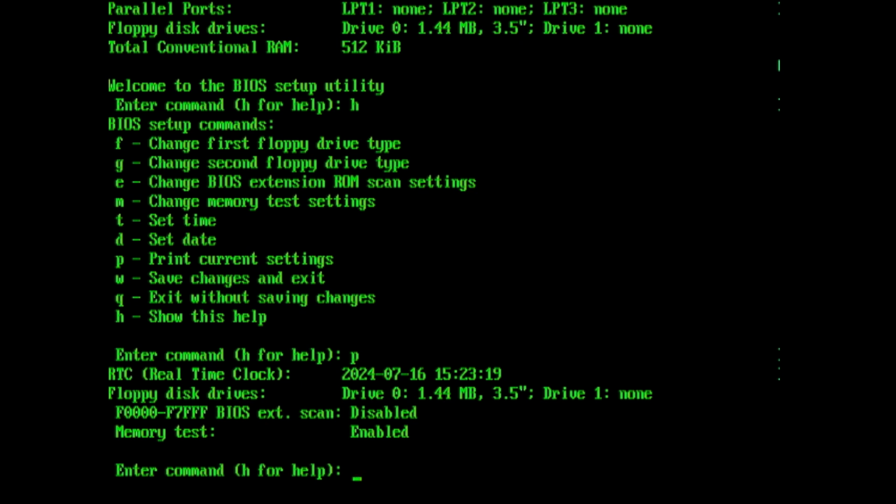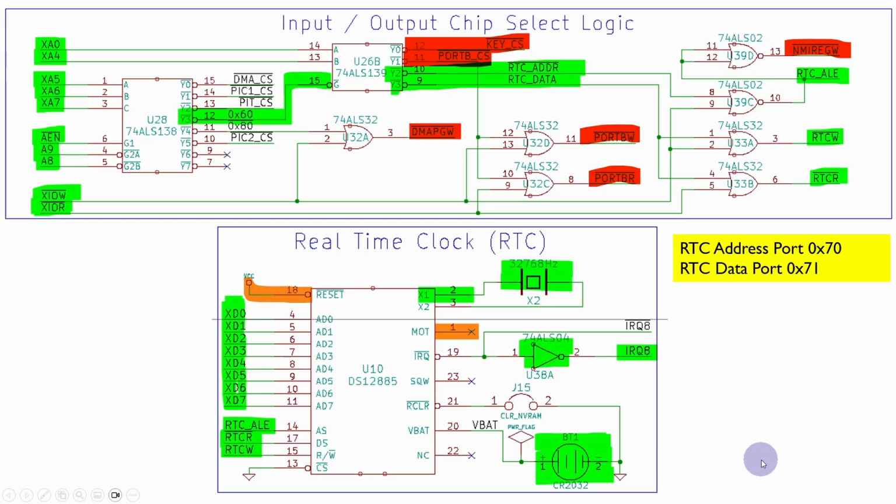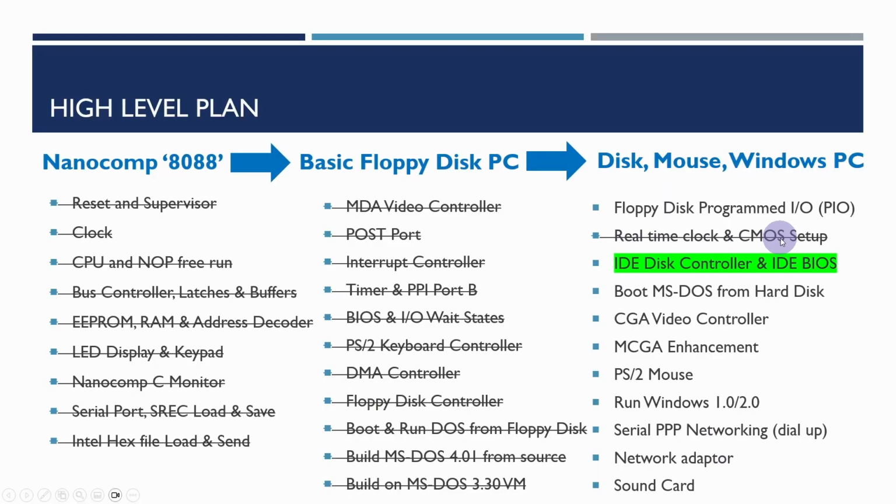So I've got the real-time clock working now. I will look into why the date isn't being picked up from PC DOS. It might be related to Y2K type issues possibly, but I'll look into that. And if we just have a look back at the main screen now, we've completed our real-time clock and